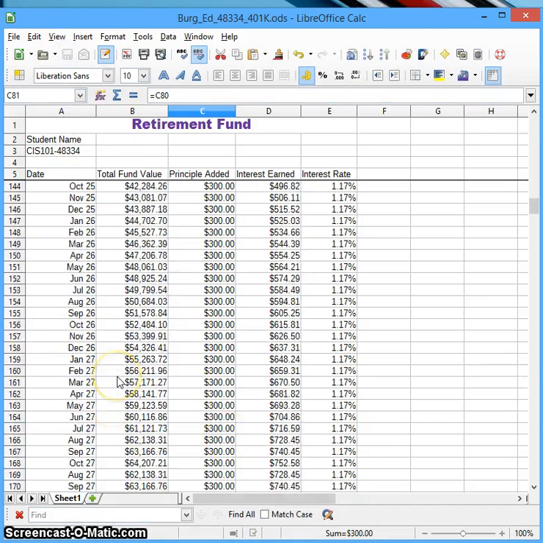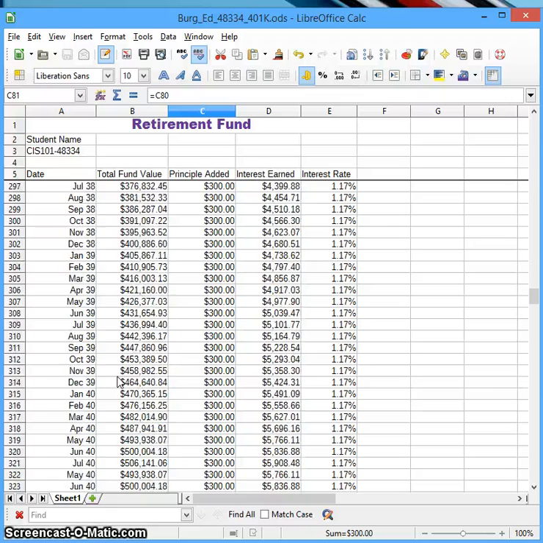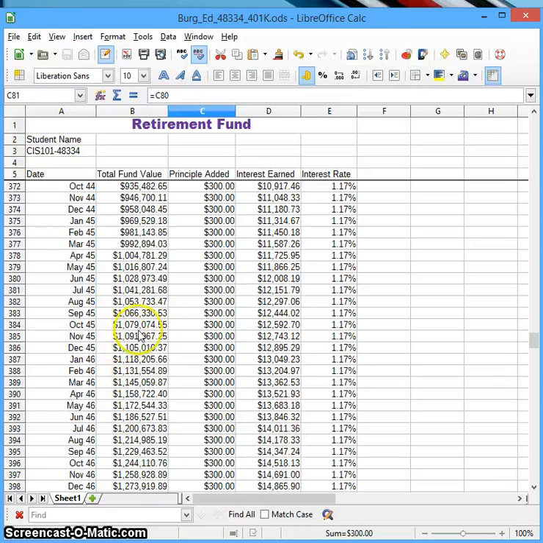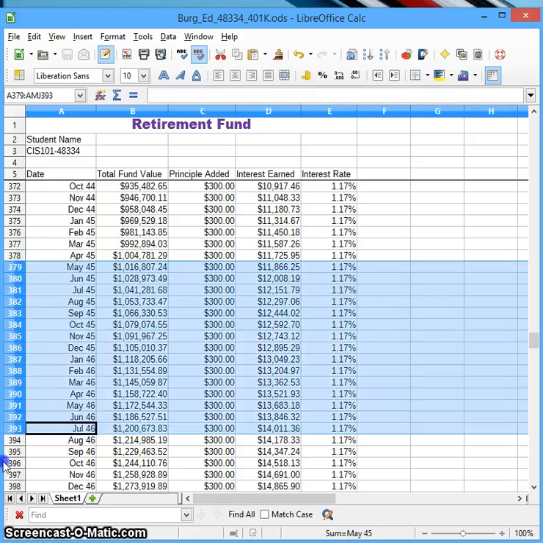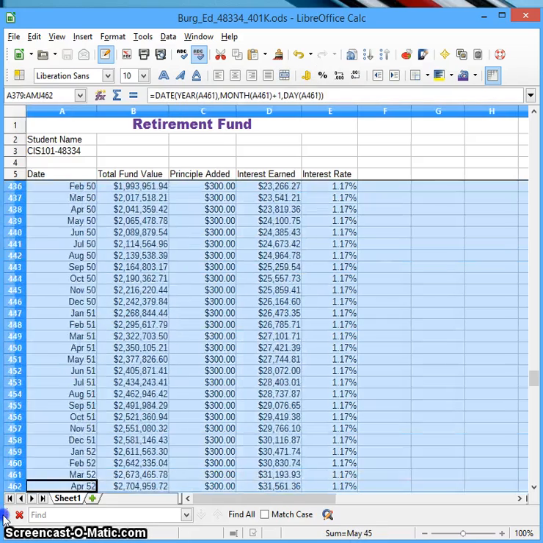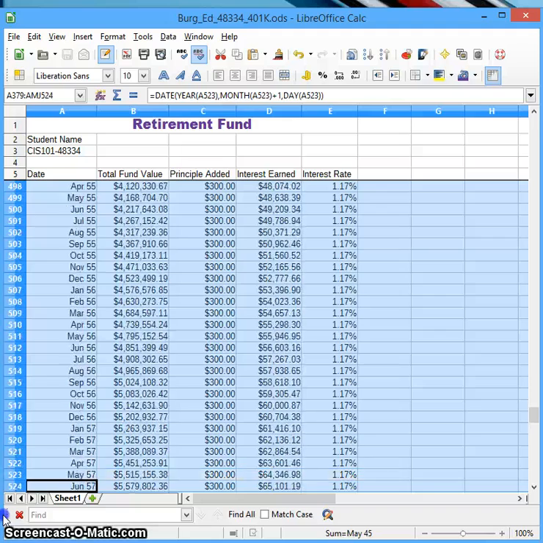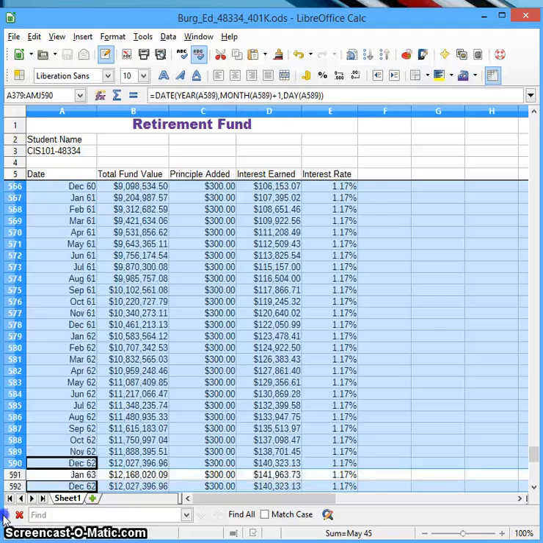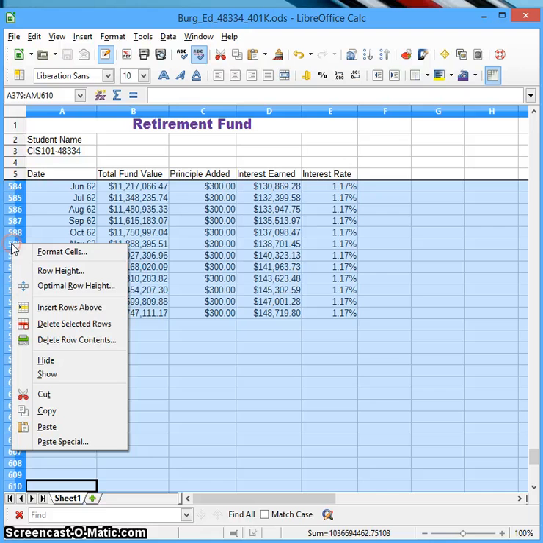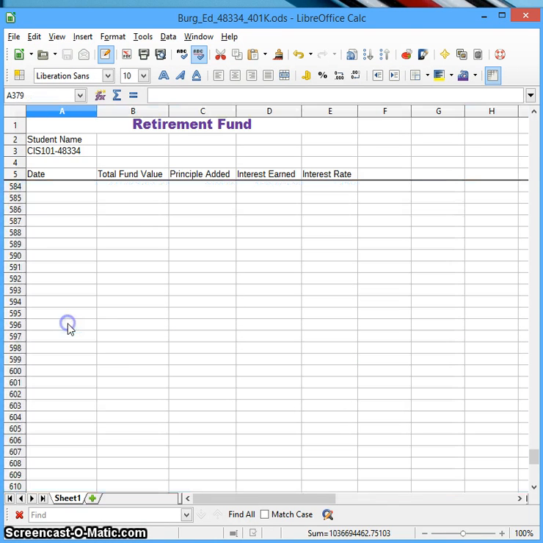Now we want to scroll down until we reach that $1 million mark. And here it is, the $1 million mark. And everything after the $1 million mark, we no longer need. So we can highlight all these extra cells and just right click and say delete the rows. All we need to